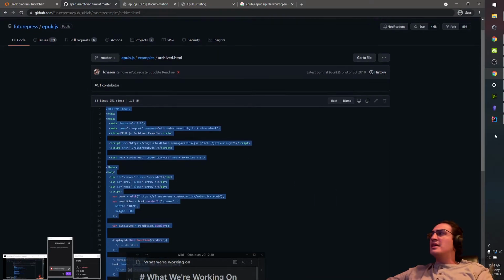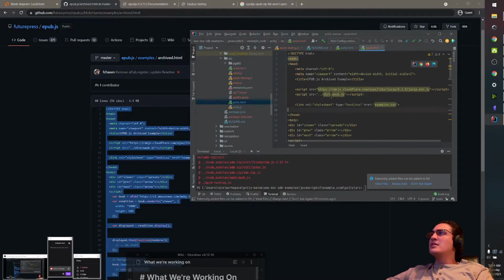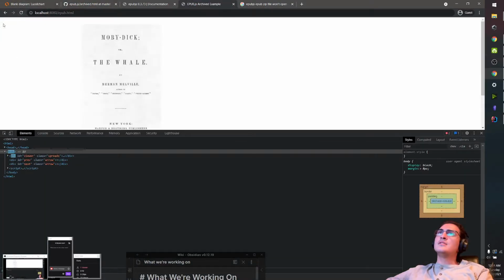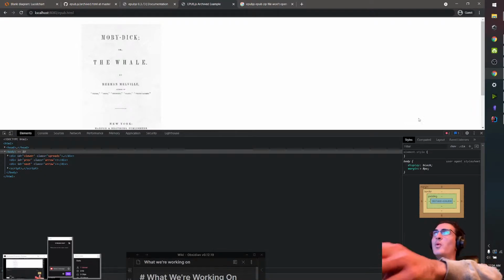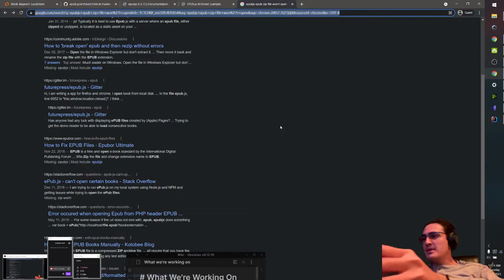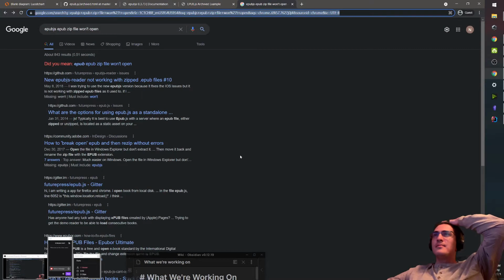Let's just copy this, paste it, and replace this with epub.js so that it loads locally. And it's not going to load the CSS, but that's fine. Does this work? It does. Why? How? When? Where? Are we using a bad example EPUB? All right, so